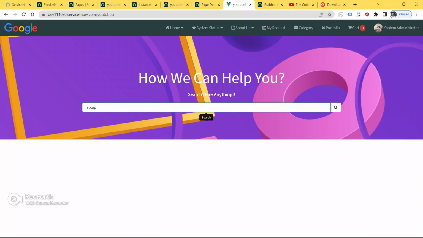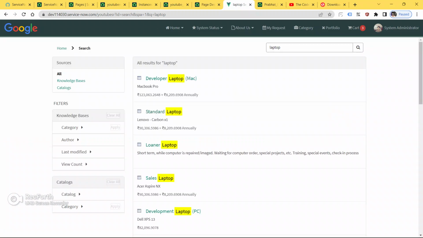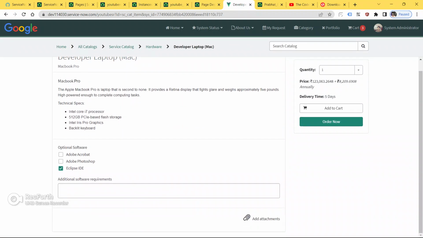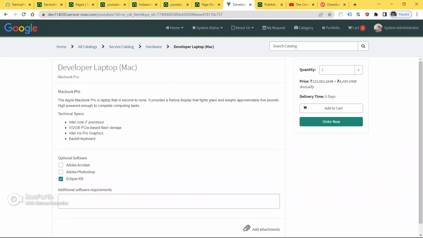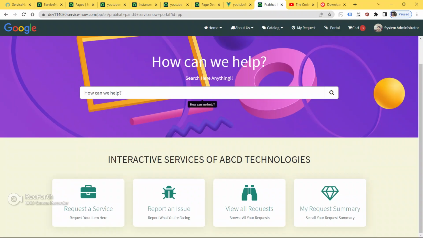Let me search something from here. Let me search laptop. Click now. Boom, our search is working fine now. Let me click here also. See, we got our search result, and this is the catalog item. Okay, go home.